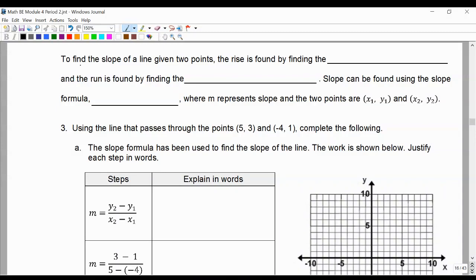So what we saw on the first page is that if we want to find the slope, and we don't necessarily want to use the graph, the rise, we're going to find the difference in y values, meaning we're going to subtract. And to find the run, we need to find the difference in the x values. And to do that, we have a formula, and it's written right here, but we're going to write it